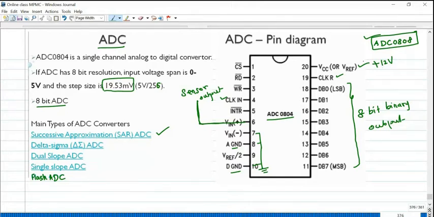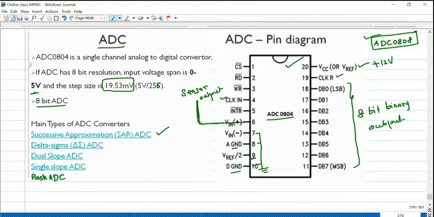Okay, this is just for operating this IC. Don't consider this as the reference voltage. This 5 volt represents the sensor output I am talking about, right? So to operate this ADC we have to apply 12 volt. With the reference by 2, that much amount of voltage is available at this particular pin. So we are not going to use pin number 9 and up, right? DB0 to DB7 and